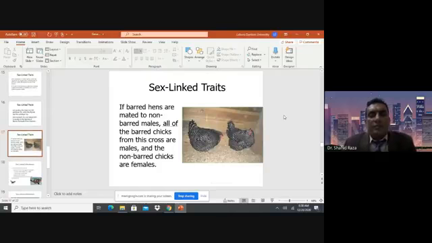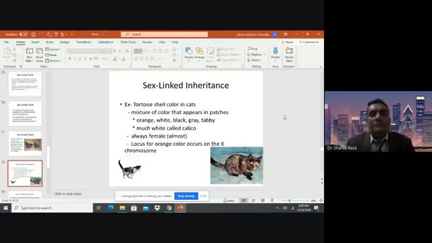Here we can see in this picture, if barred hens are mated to non-barred males, all of the barred chicks from this cross are males, and the non-barred chicks are the females. In sex-linked inheritance, another example is the tortoiseshell color in cats, a mixture of color that appears in patches,